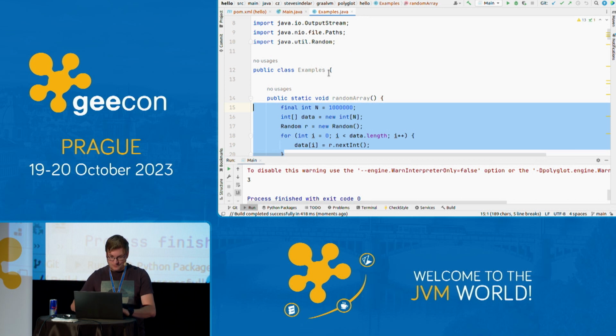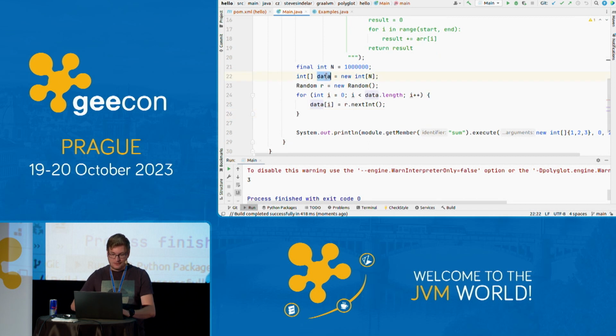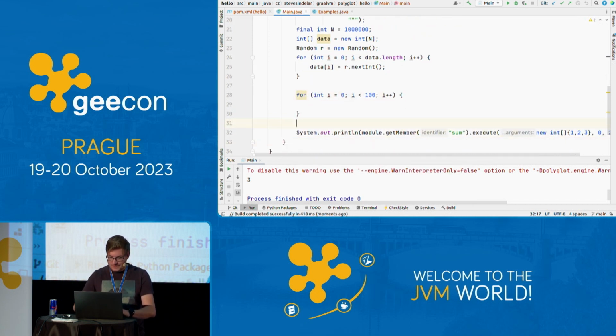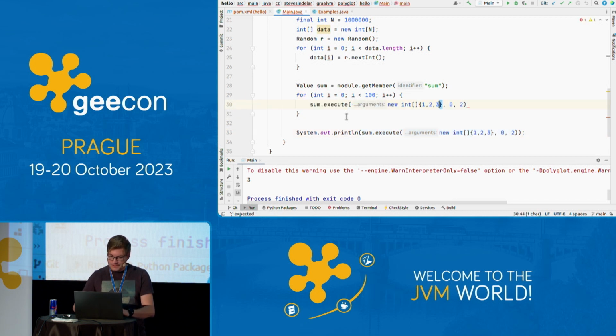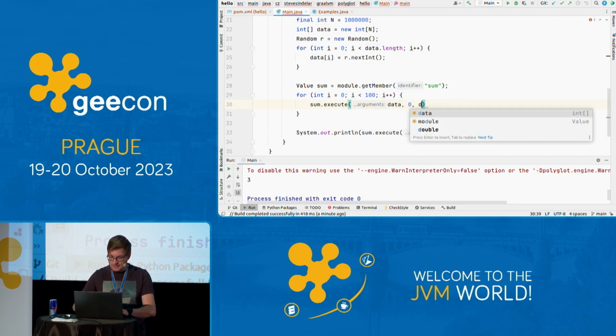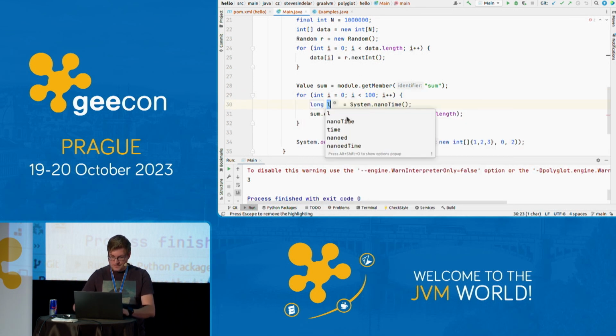Now I'm going to cheat here and copy paste the code that creates a random array with lots of elements in it. And I'm going to run a loop, I don't know, 100 times. I'm going to take this sum function, put it here, and I'm going to execute it with that array in a loop. And so, what do we want to execute? Data and data length. And we're going to do something like this: system nanotime, start,